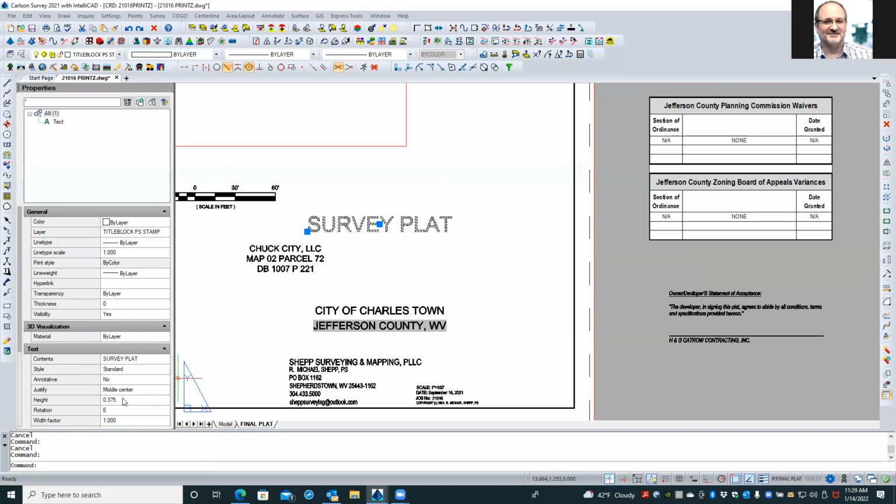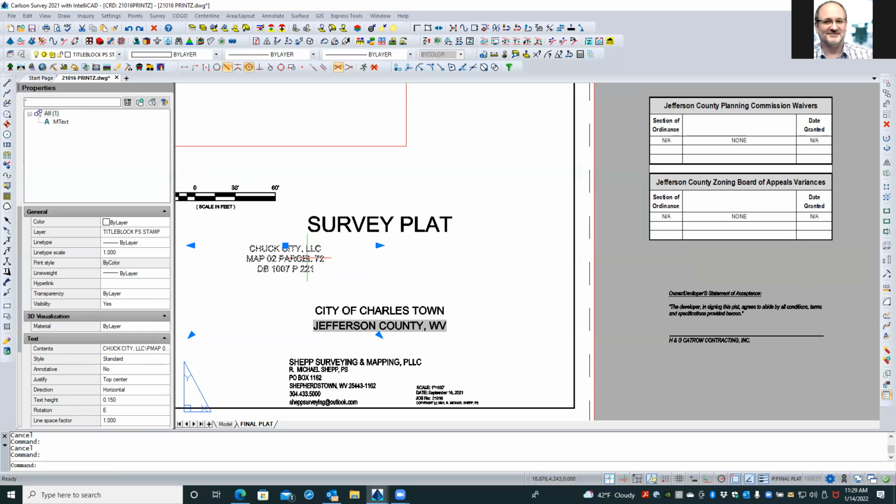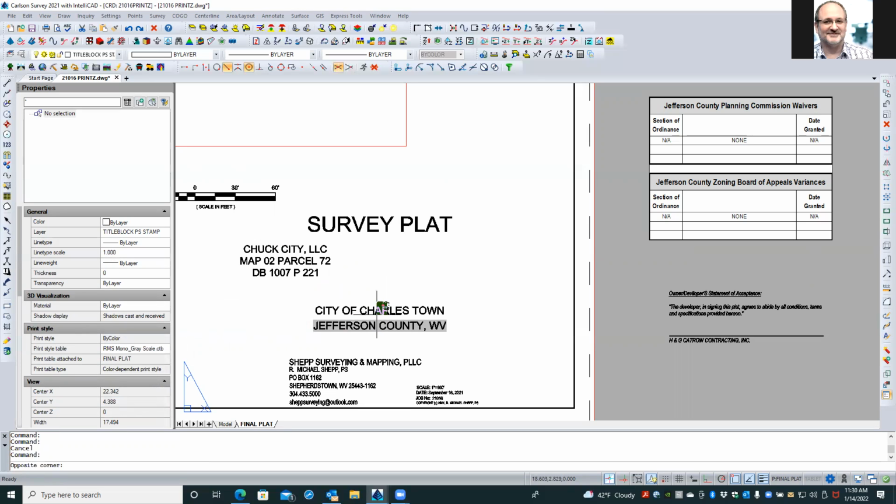That's 0.375 inches. That's probably okay. Let's maybe make it a little bit bigger. I think. And then these two, we'll fix this in a minute. All right, so now